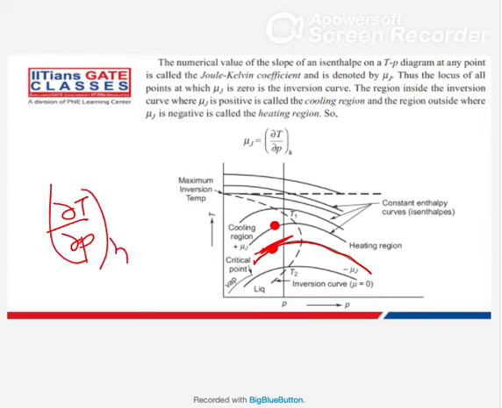Okay, the slope, any point you take here, so this is the isenthalpic line, and you take this point, the slope here is ∂T/∂P at constant enthalpy. Now this slope is known as the Joule-Kelvin coefficient. Now if you see slope-wise, considering this as the peak point, your maximum temperature point, if you go leftward, the slope is always positive, and if you go rightward, the slope is always negative.